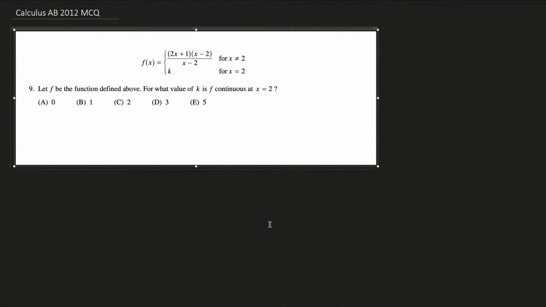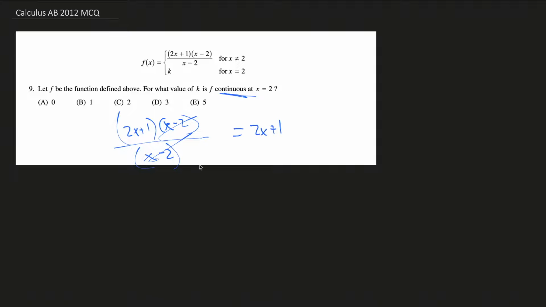Alright, number 9 states that let the function f be the function defined above. For what value of k is f continuous at x equals 2? For it to be continuous, both the limit and the point that it is there need to match. So because this is most of our function except for at 2, if we look at this, 2x plus 1 multiplied by x minus 2 over x minus 2. These cancel, leaving us with 2x plus 1. That tells us that at x equals 2, because that's where this is undefined, there is a